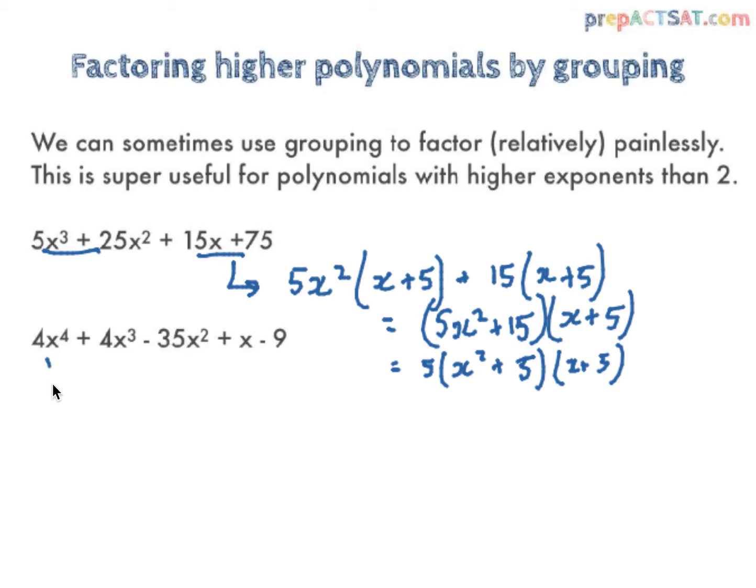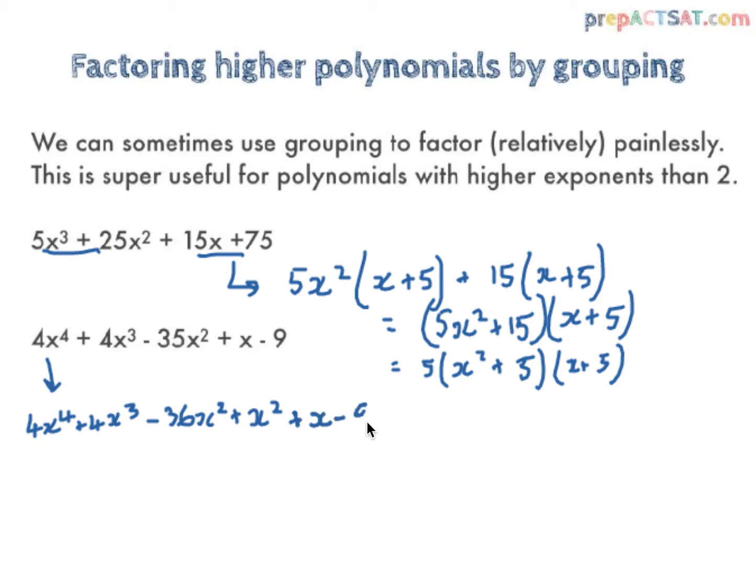Okay, this one is a little bit trickier. Honestly, you're unlikely to see this on the ACT or the SAT, but I wouldn't rule it out completely, and either way it's useful to know. So what I spot is that we've got an odd number of terms, so if I'm going to factor by grouping, I probably need to split one of the terms. I also notice that 35 doesn't have a common factor of 4, so what I'm going to decide to do is split 35 into 36, because now it shares a common factor with these, and minus 1, sorry, it should have been x squared plus x squared, because that would still add to make 35, okay, so I haven't really changed the equation,